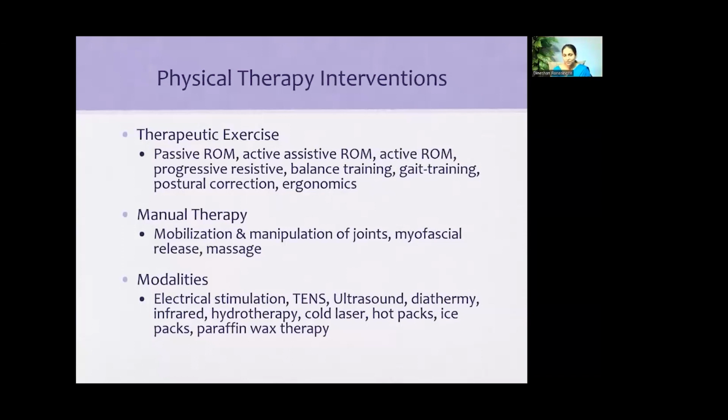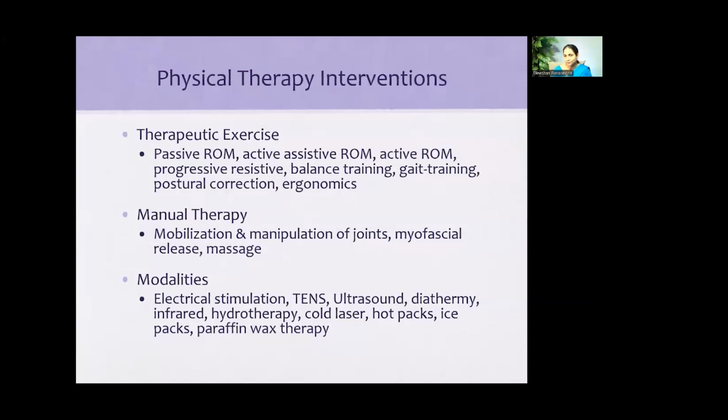Manipulation of joints, myofascial release, especially in muscle spasm conditions, massage. These are very important and relieve pain in our patients. Other modalities can also be used, and these have been proven to be beneficial. For example, electrical stimulation, TENS therapy, then ultrasound therapy, diathermy, infrared, hydrotherapy. We also use cold laser, hot packs, ice packs, paraffin wax therapy in treating our patients with the aim of